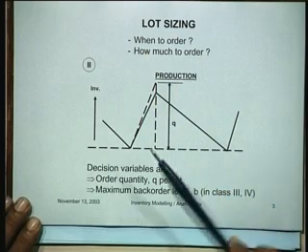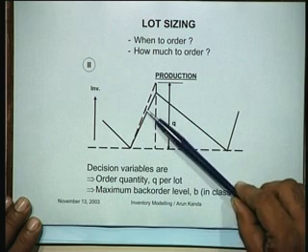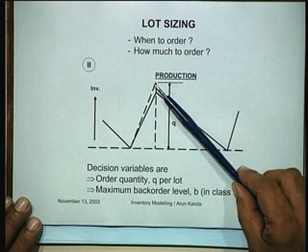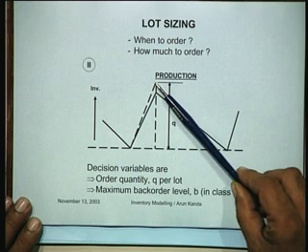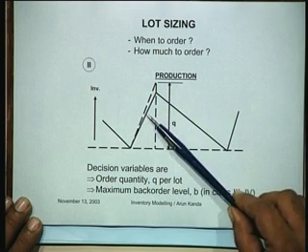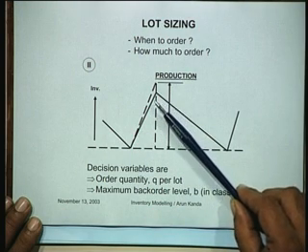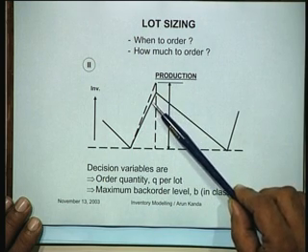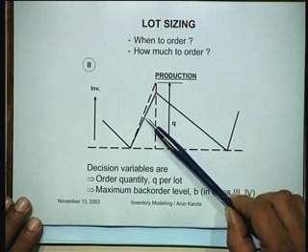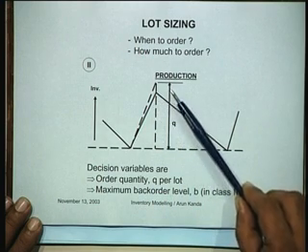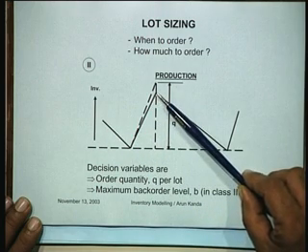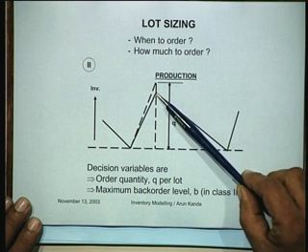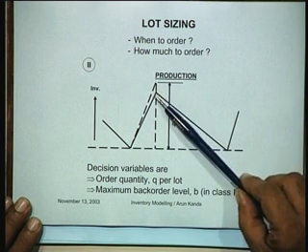You notice that, for instance, this dotted line shows the rate of increase of inventory that would be if there was no consumption. So the slope of this line is the production rate P for that particular item, and this rate would be reduced by the consumption during this particular period. So if the demand rate is D, this line will be P minus D, right. So what's going to happen is that we keep producing from this point to this point, the inventory would have risen to this level, but because we are consuming constantly, therefore it doesn't rise to this level, it comes to this level.